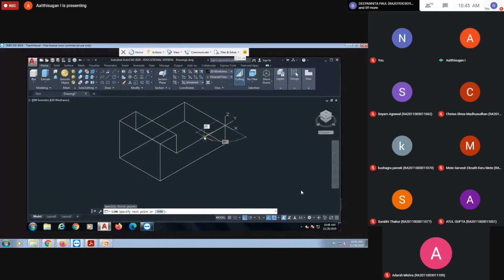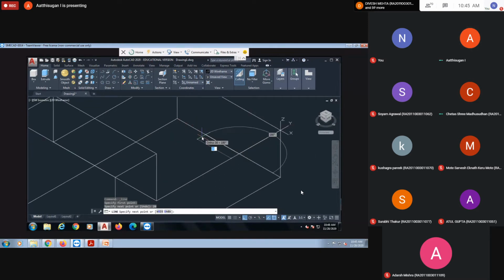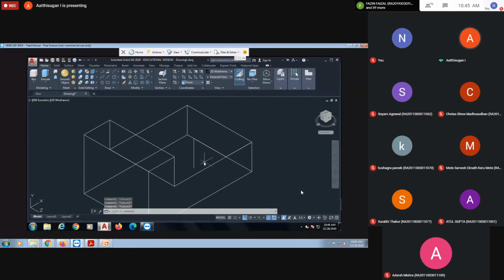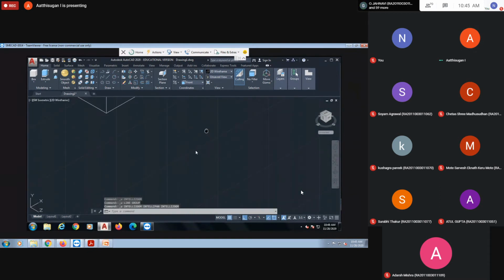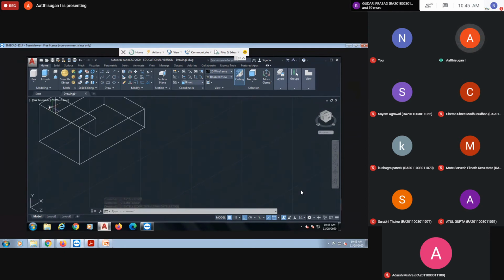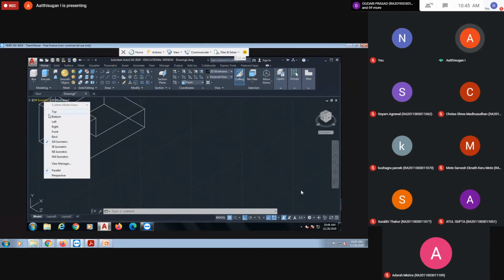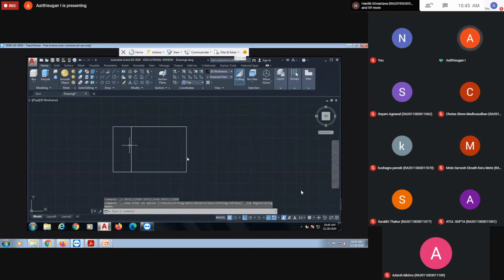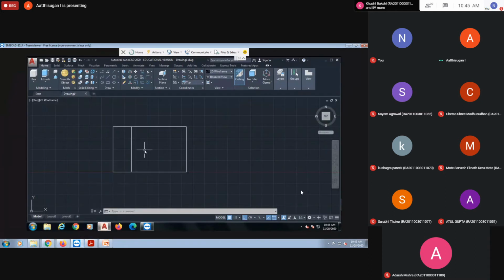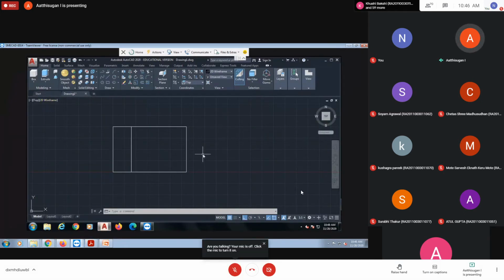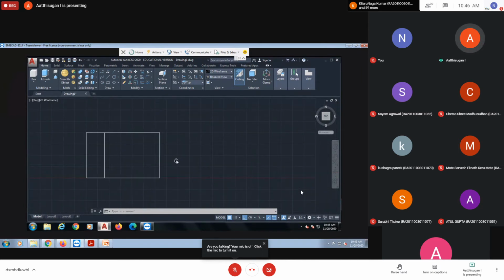Here to here is 20. Then from here inside how much? 25. Then here is 20. You may be getting doubt, so better I draw it separately, in top view or front view, as you wish. In the top view the dimension is clear. I'm going to the top view and draw somewhere: 25 cross 20, that means 20 cross 20. Then extrude up to 25 mm in front view. In top view, 20 cross 25, extrude up to 20 mm.